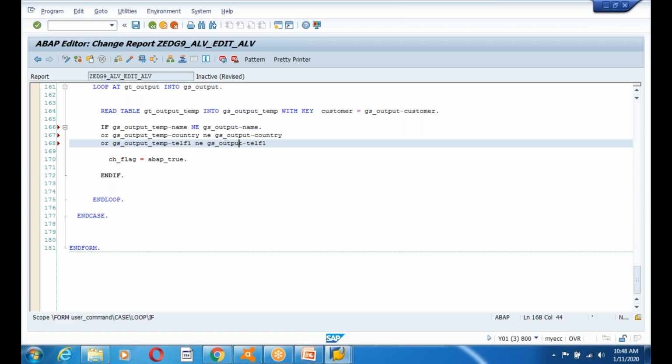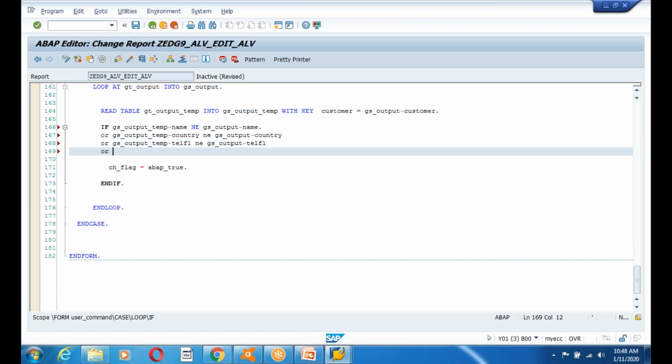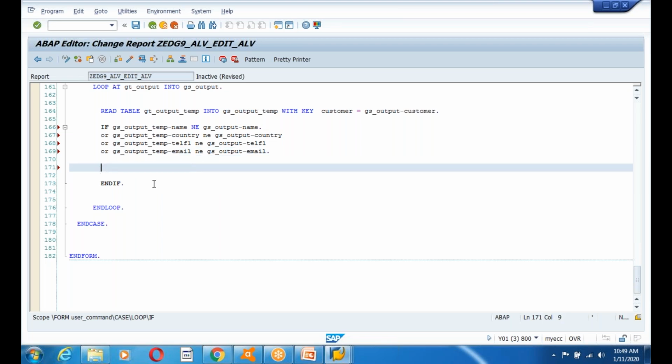So whatever you put as the edit option, only those fields can be changed. Other fields are not editable, so I don't check them. And email, that's it. And check email here also. That's it, guys. I don't even need the flag. If it is changed,